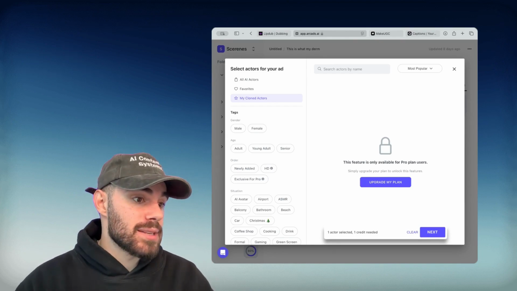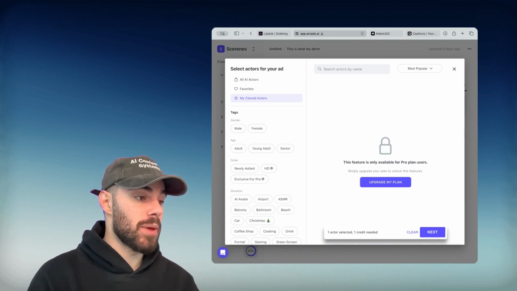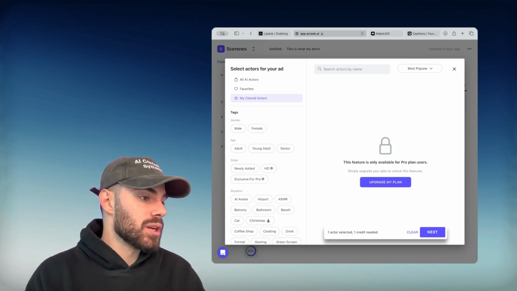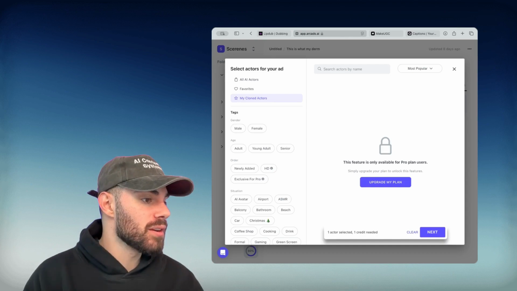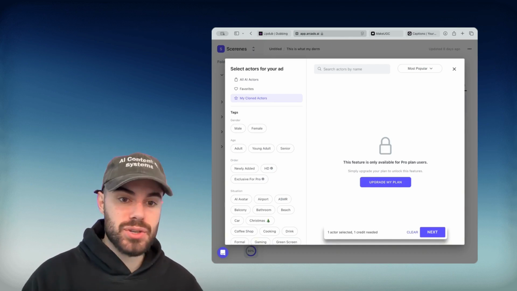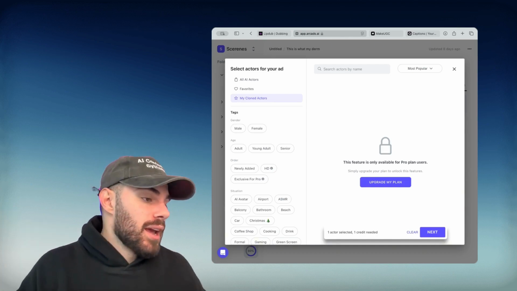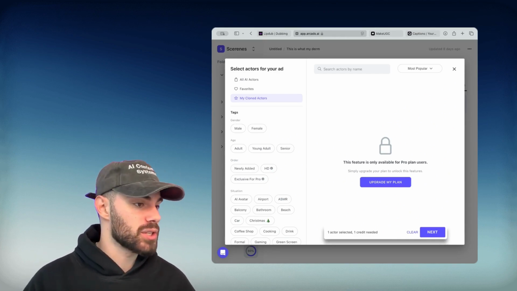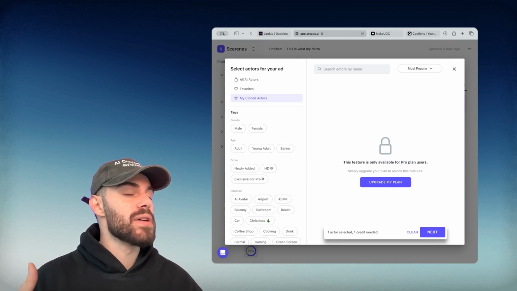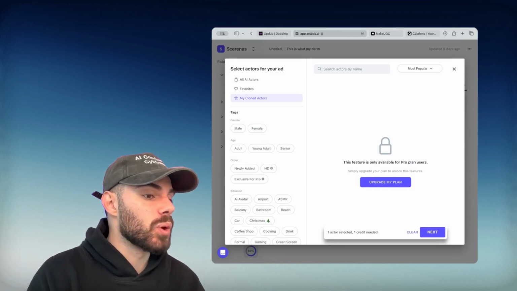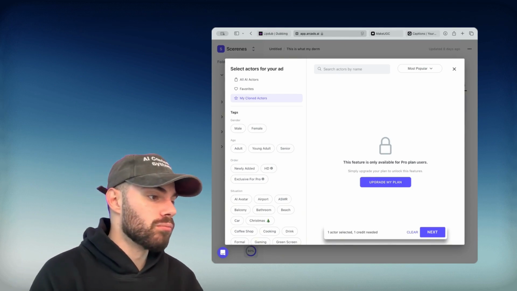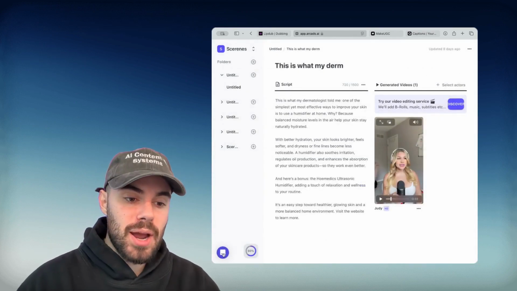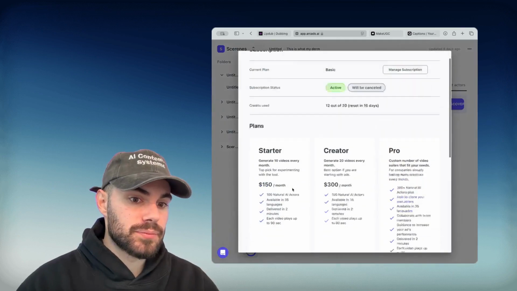However, I would use Arcads if I do not have time to train my own actors. For example, for all of my clients, I'm currently using Arcads because it's convenient for me. I don't have to train actors. Like they already exist. And my clients, they don't even care. They just want to see results. They don't care about how the actor looks. They don't really want to have the customizable experience of having their own actors. No, they don't care. So let me just show you what the pricing looks like.